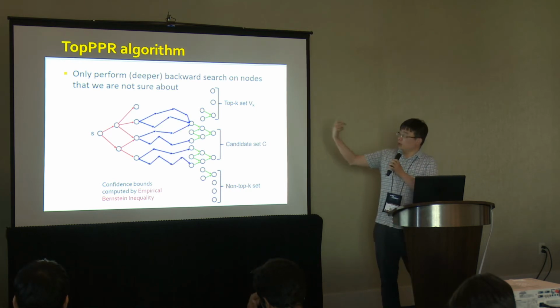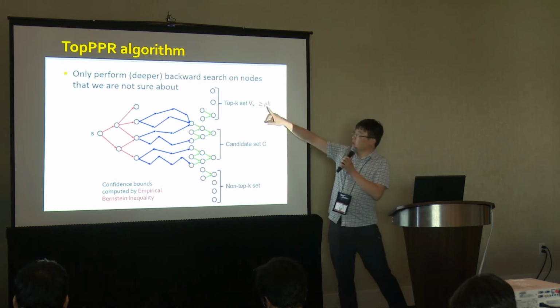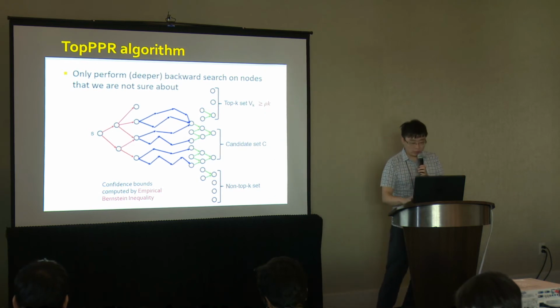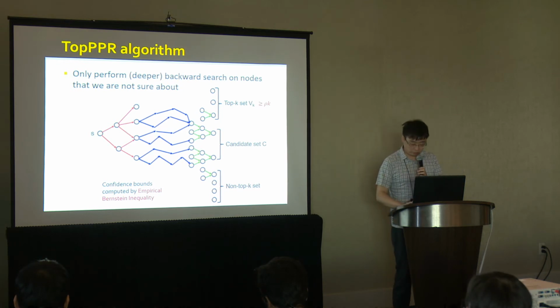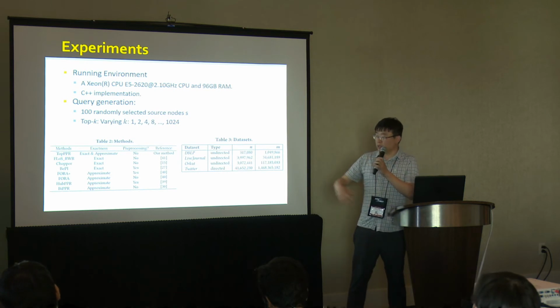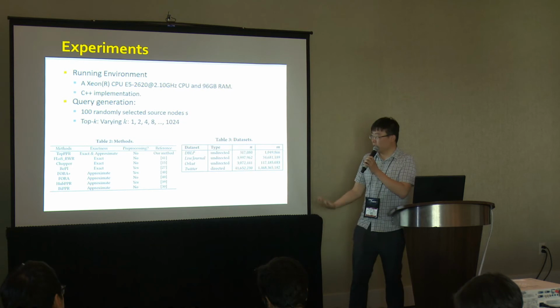And whenever the TopK set reaches the size of rho K, then that means our precision is at least rho. And we can return the TopK set as our result, and that would guarantee a precision of at least rho. So for experiments, we compare our algorithm with the state-of-the-art exact and approximate TopK PPR algorithms